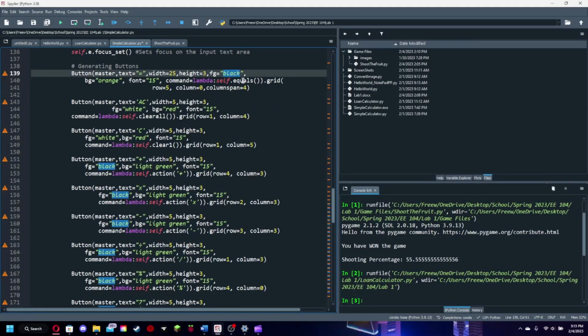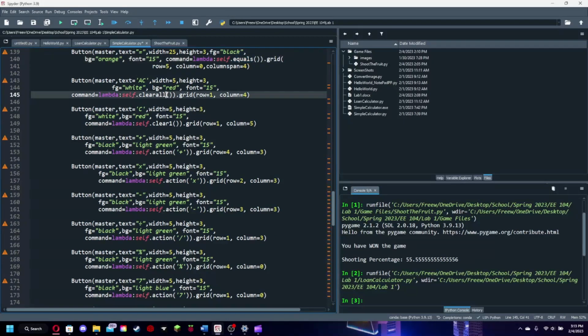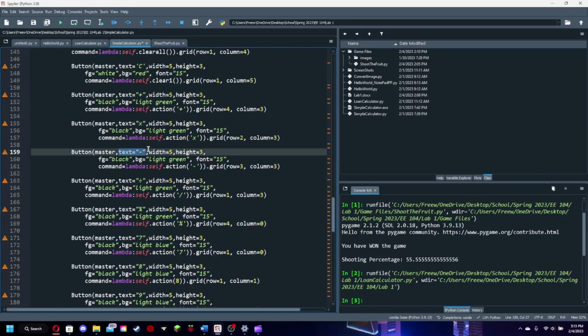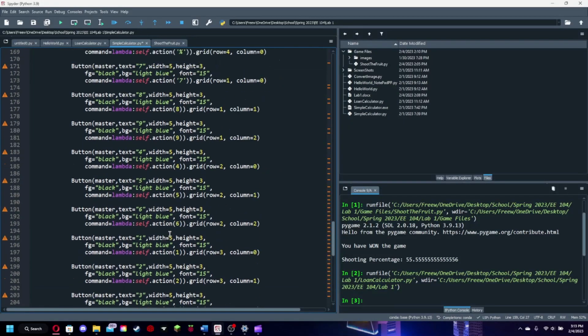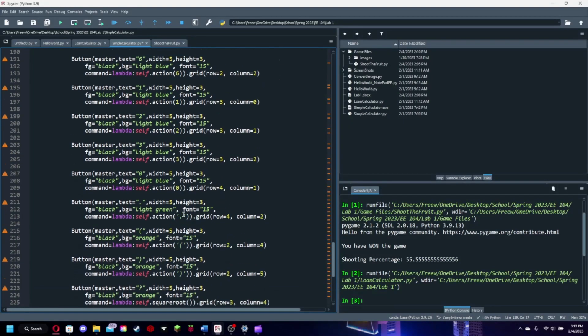This button is the equals button. This would be the clear all button, clear button, action button. All of them can be identified right here. Oh, this one's a dot action, but it is calling to its multiplication, addition, subtraction. Action. It identifies the action and it gives you what action it is. 7, action 8, 9, open for every number,